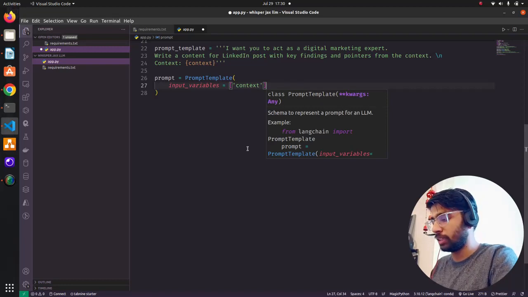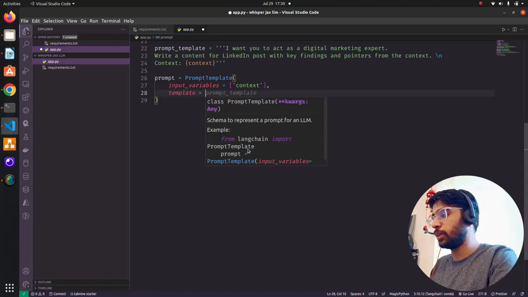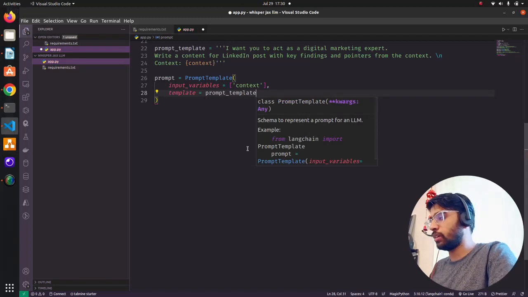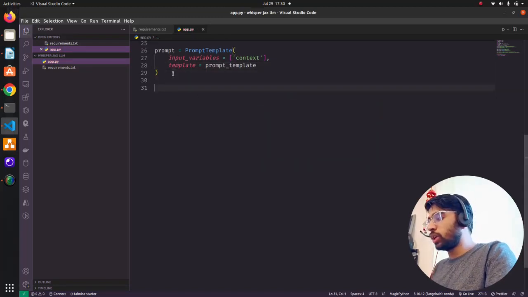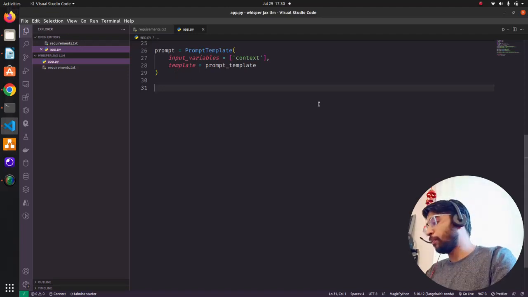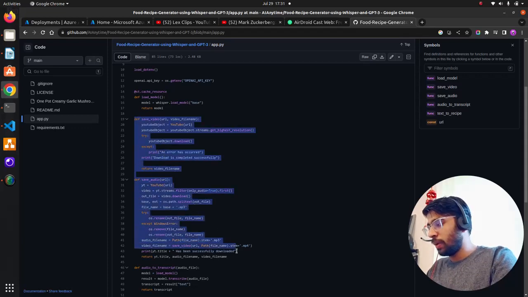You can find it in the documentation as well. So input_variables, and then we have template here, guys. Template is nothing but the prompt template that we have defined on top. That's it. Now we are okay with the Langchain prompt template that we have used. Now let's come here and copy a couple of functions as is.